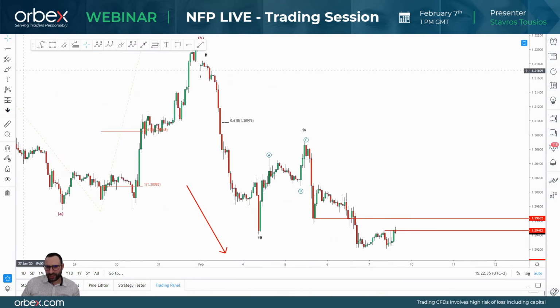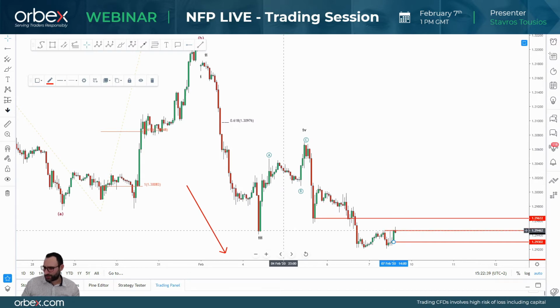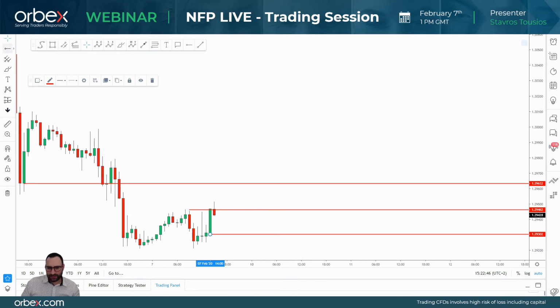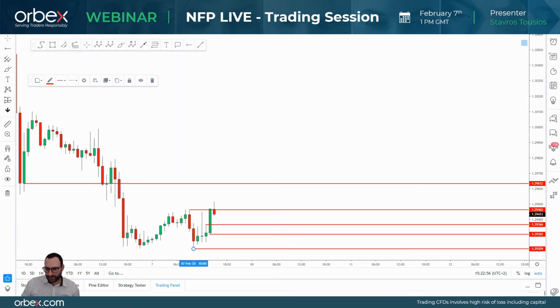Now pound. Don't forget, pound also has a very good pip value. So 30, this is a good level, but then of course we need to look at that one as well. 29.36 for a potential entry in case it comes worse than expected. Then 29.3, then the bottom down here, 29.2.